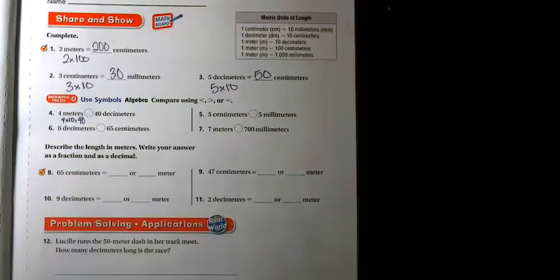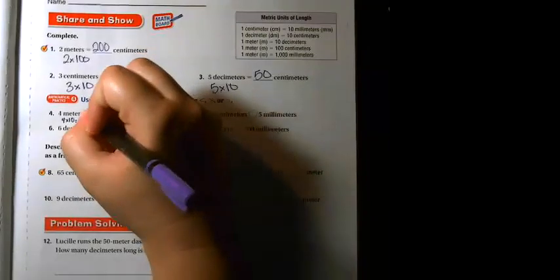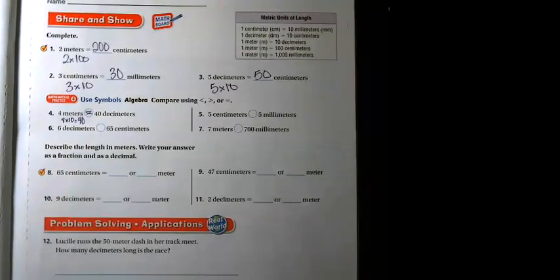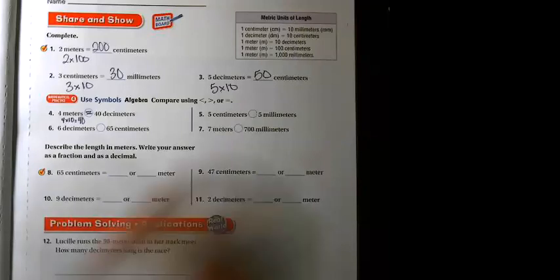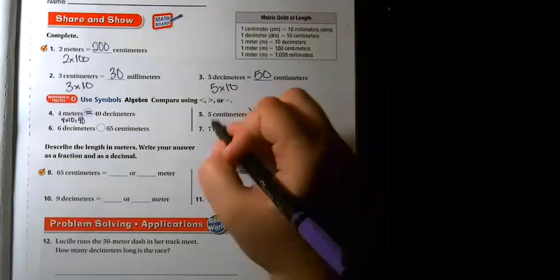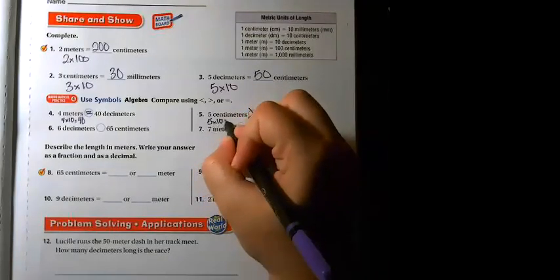So what does that make these two? Excellent. Equal. I have 40 decimeters over here and 40 decimeters over here. Okay, for our next one, we're looking at centimeters to millimeters. Is 5 centimeters greater than, less than, or equal to 5 millimeters? It's going to be greater than. If we remember, it takes 10 millimeters to make a centimeter, so we do 5 times 10, which makes